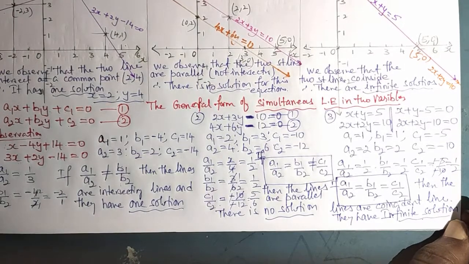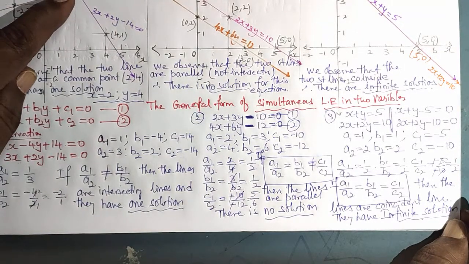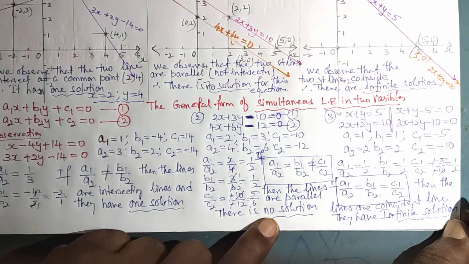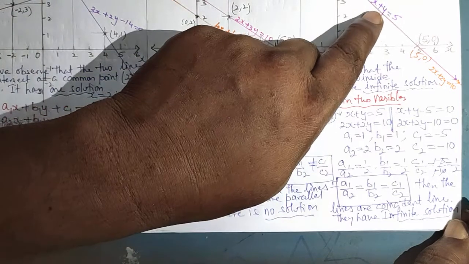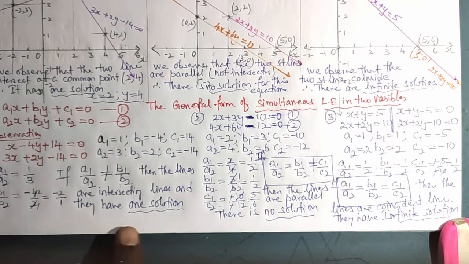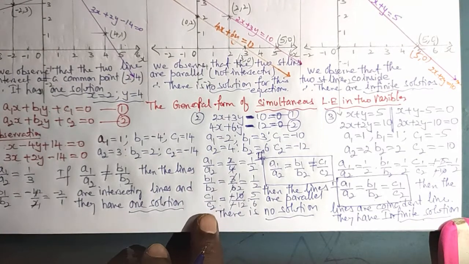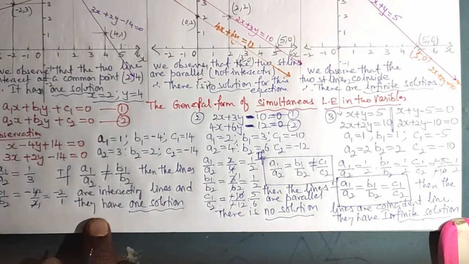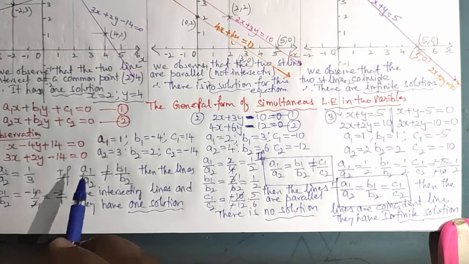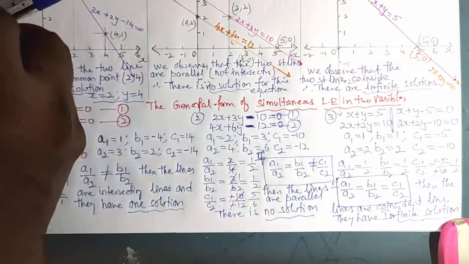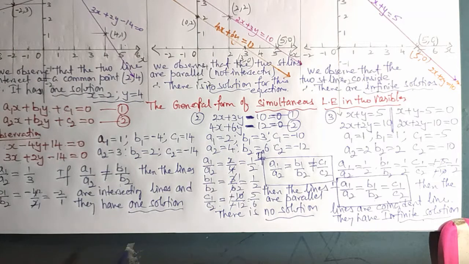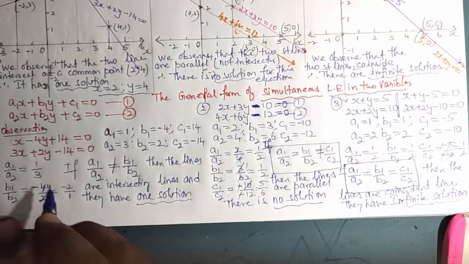What is our observation? When the lines intersect, we say that it has one solution. When the lines are parallel, we say there is no solution. When the lines coincide with one another, we say that it has infinite solutions. One more thing you must understand here: in some questions they will ask whether it is dependent or independent. Dependent means, is one equation dependent on the other? Yes. When they are dependent only, we will get a solution here. Therefore, we can say that the equations are dependent.